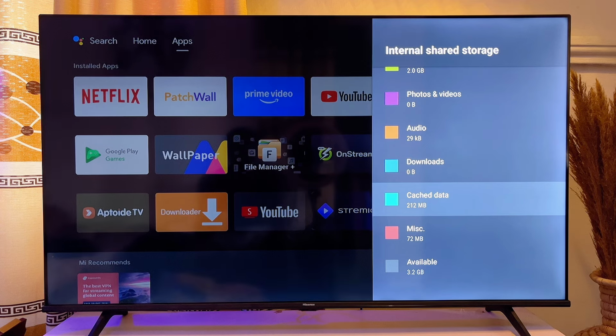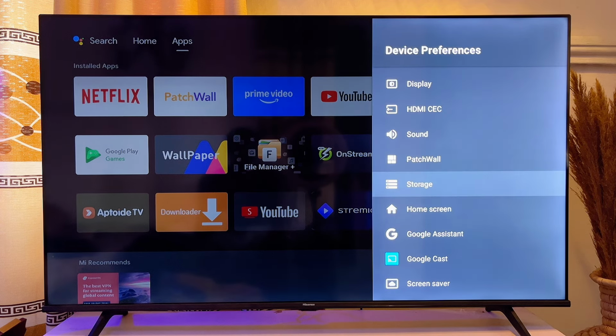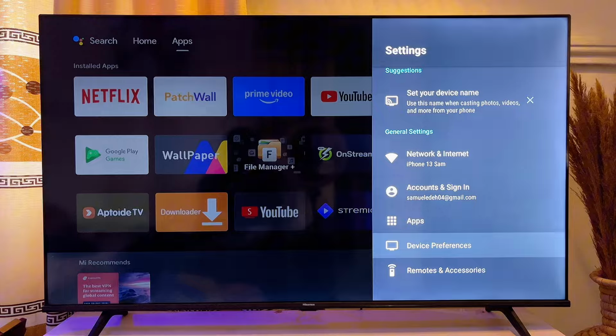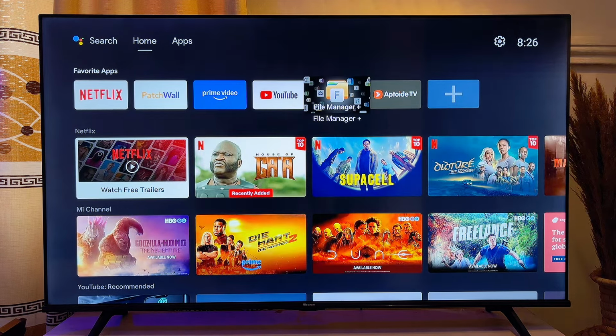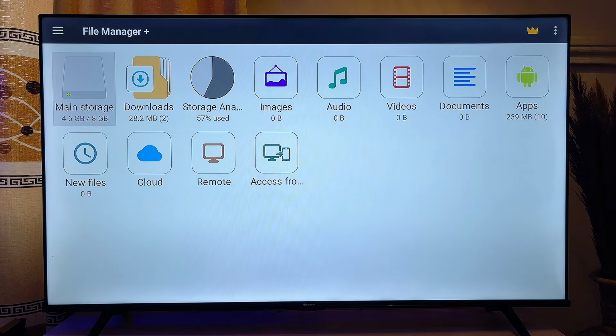Now another thing you want to do is to head over to the file manager of your TV. So just go over to your TV and look for the file manager, click on it. Now on your file manager, you just want to go ahead and delete unused files and apps